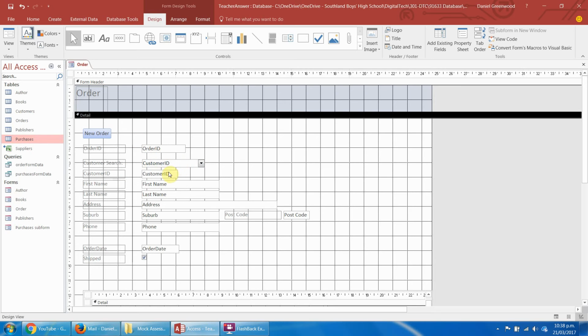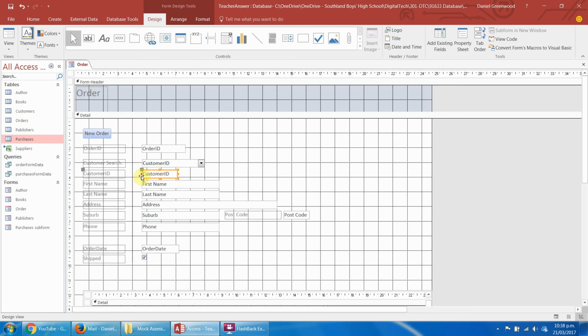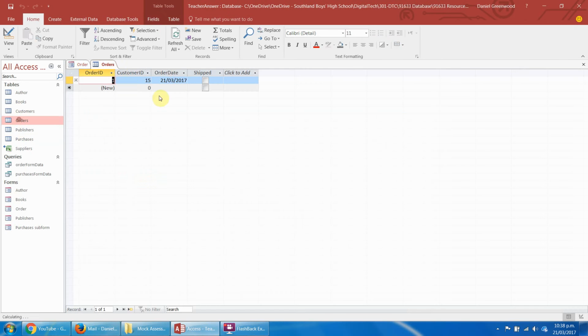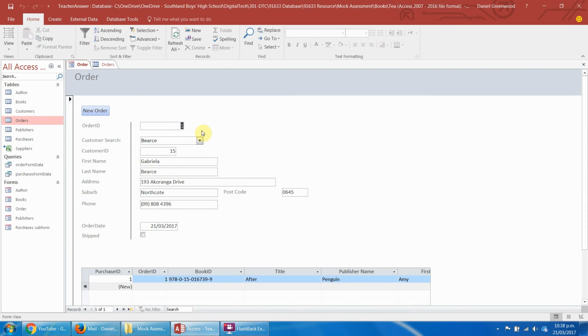The reason why we have to enter the information here is, if we look in our orders form, we've got this field called customer ID, and how does that get filled? So if we now go to it and give this a little test, and we see we've got this here,